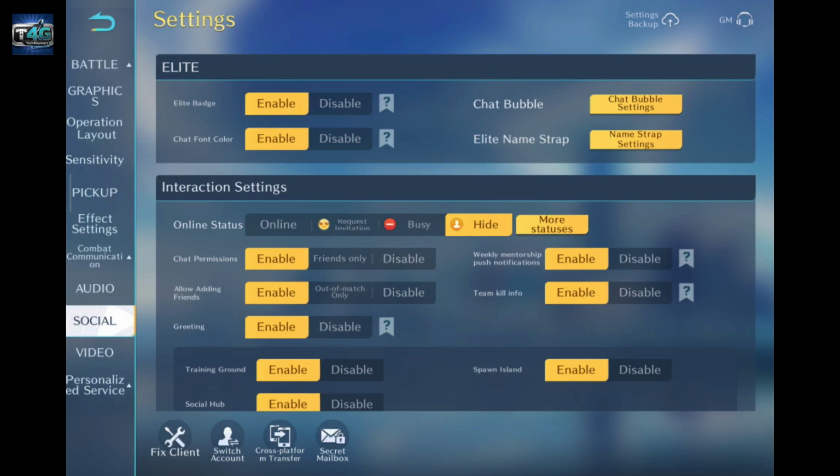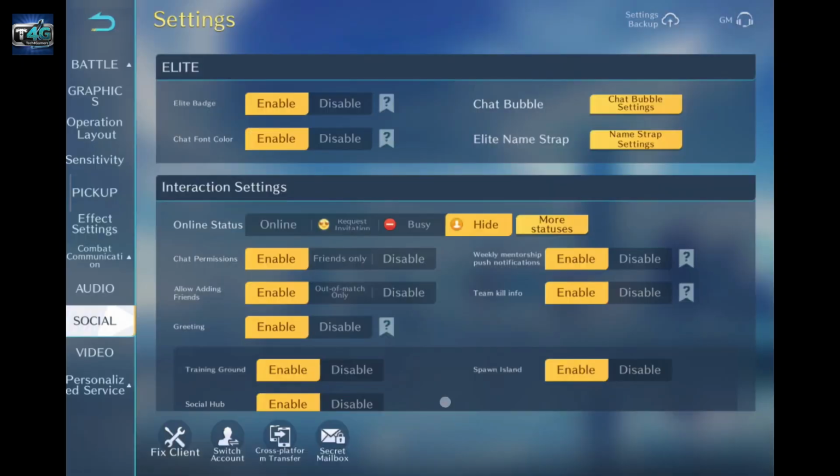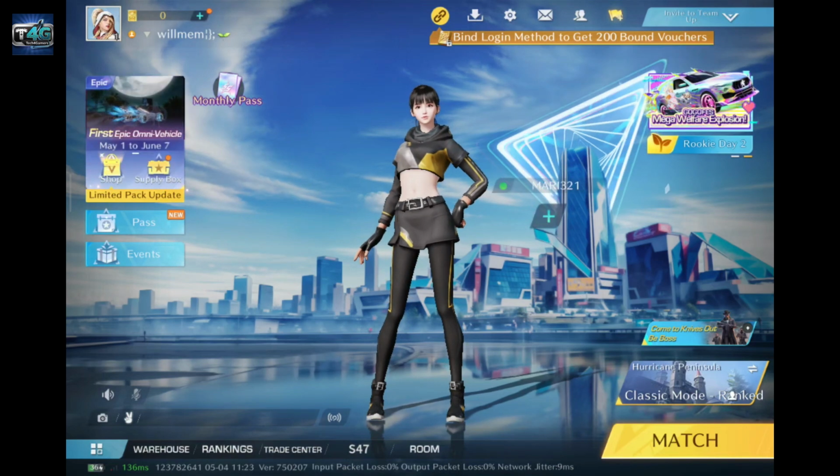Apart from Hide, you can also go ahead and select other options such as Request Invitation, Busy. If you tap on the More Status option, you can choose other status as well. Once you've done making your selection, click on Confirm and now get back to the home screen of Knives Out,